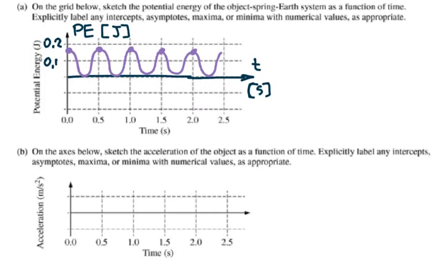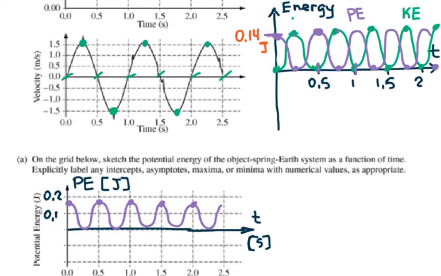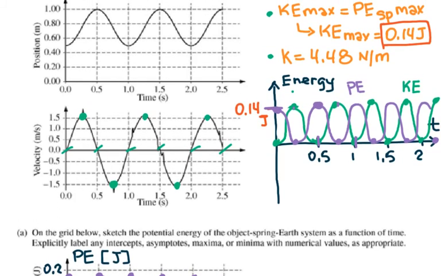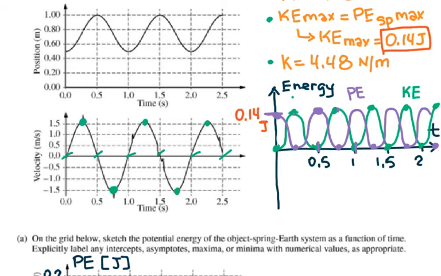For part B, they ask you, on the axis below, sketch the acceleration of the object as a function of time. Explicitly label any intercepts, asymptotes, maxima, or minima with numerical values as appropriate. And I'm going to go back to this graph just to see what the graph is going to look like, and then I'm going to do my maximum calculations of the accelerations to see what it's going to look like. So your maximum acceleration is going to be happening